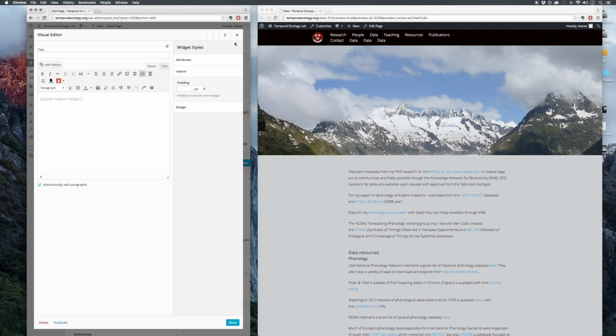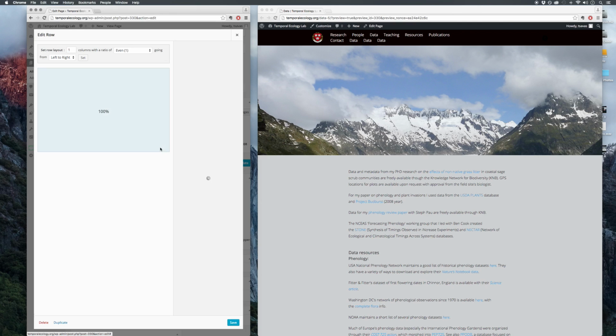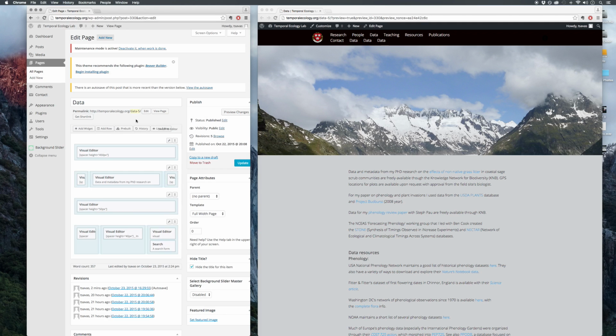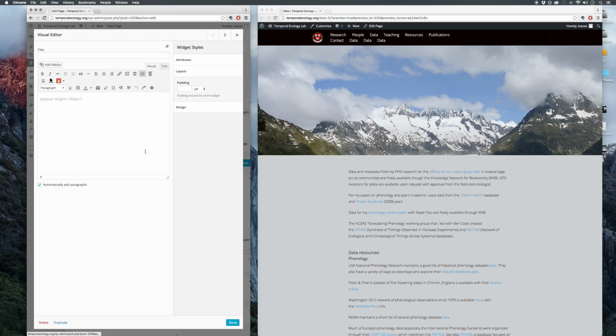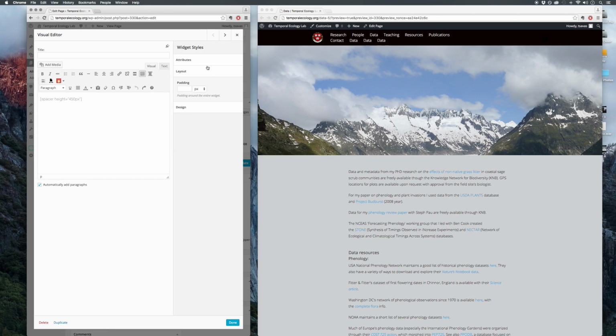If I go into, I'm actually going to close out of that. If I go into editing the row, the image is actually going to be the background image to the row. So if you can imagine, it's stretched all the way to the left and right, and it's filling this entire row. So I don't necessarily want it to be inside of a widget. So if I click this widget,